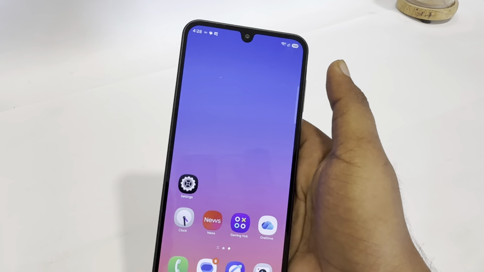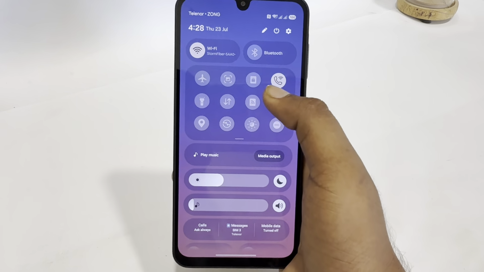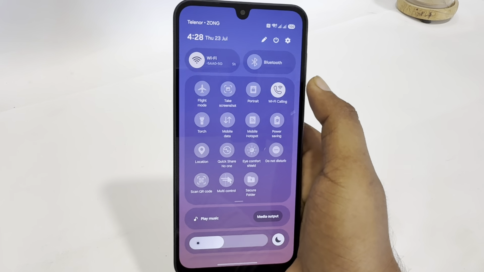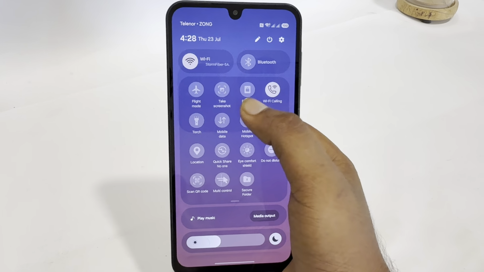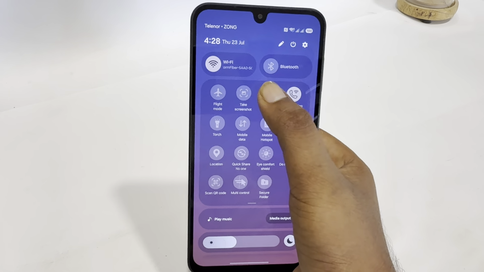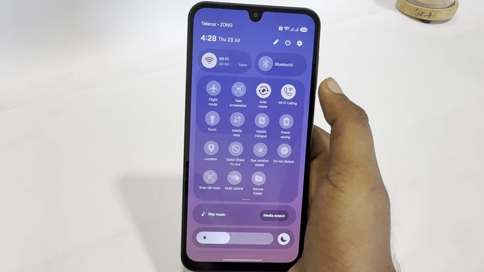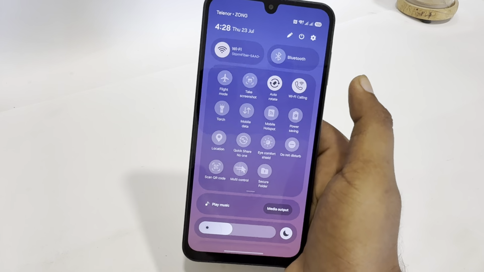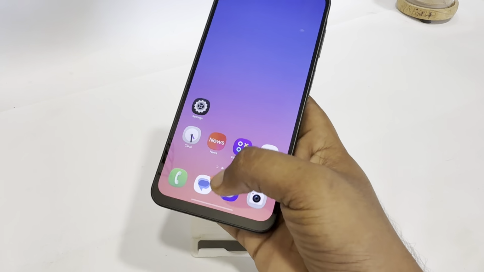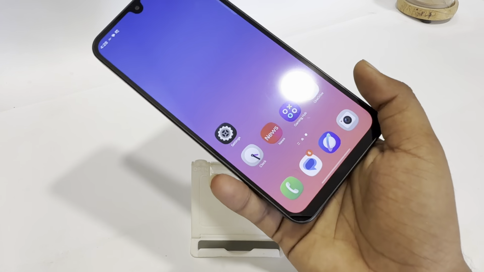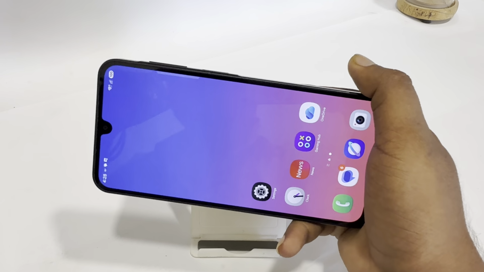The very first thing you can try is check if your phone's auto rotate is enabled. So just scroll down in the control center. You might see the portrait option here. You just have to click on it and it will enable auto rotate. And now once you have done that, you can easily rotate your screen, but the main thing you have to keep